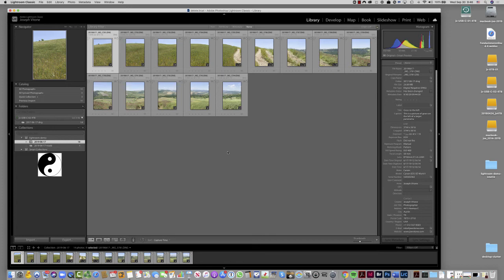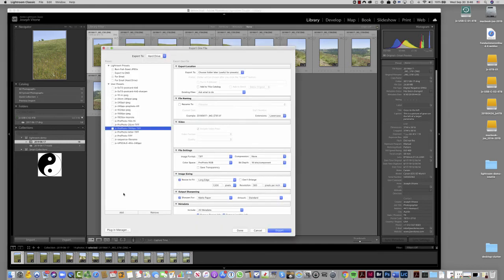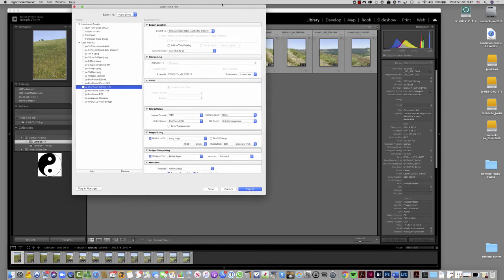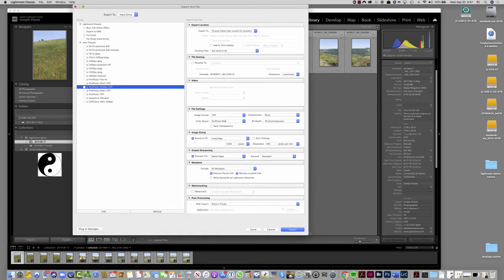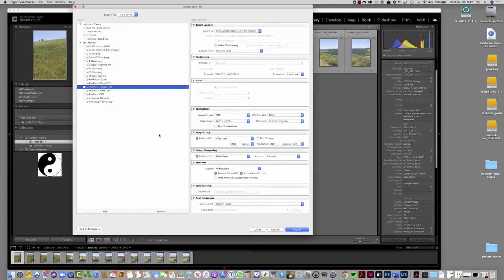Let's look at export just for a second here. To export, you can go down here and click export. And we have a bunch of presets here. But if I were doing this to put on a website, to put into a Google slide deck, into a PowerPoint, I would want to export this as a JPEG. It would be much smaller. So this is not set up for a JPEG right now. To do that,